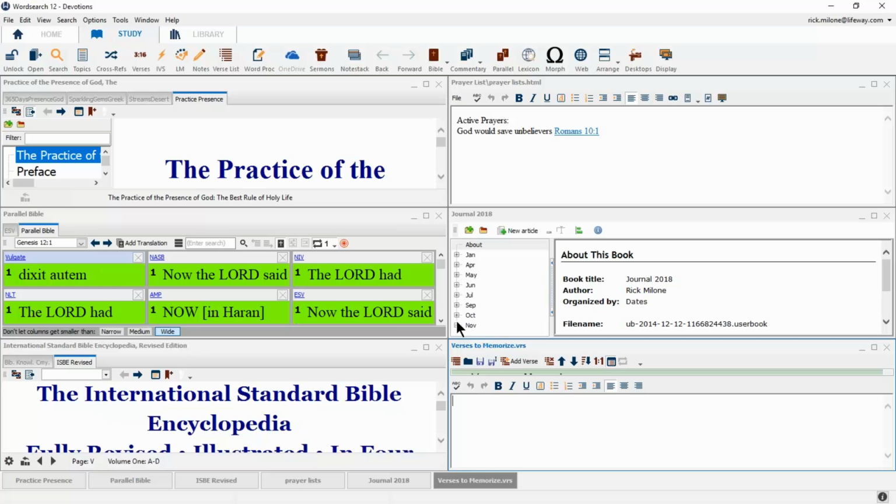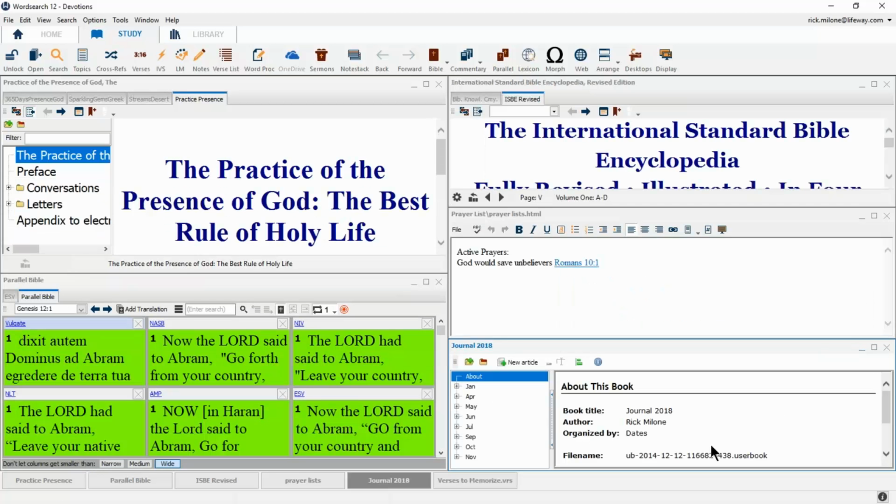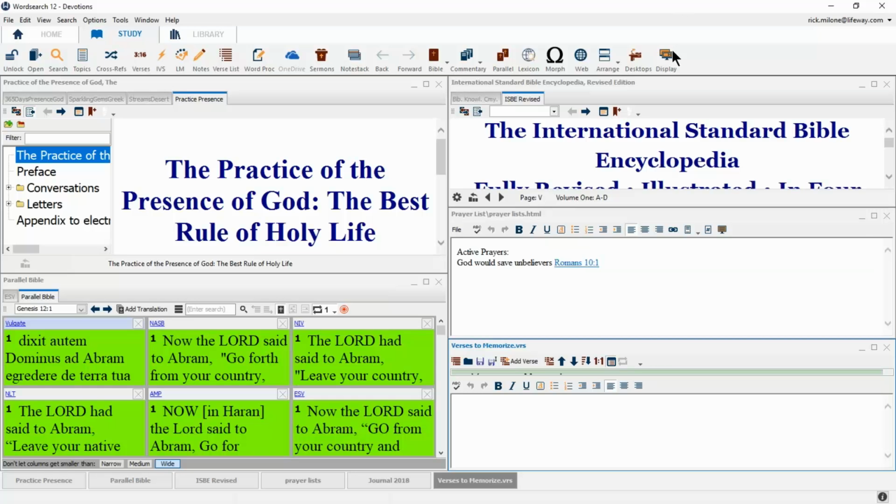So first off, we want to make sure we're using our window bar at the bottom by minimizing things down to it as we're not using them. If I'm not currently using my verses to memorize, I can minimize it down to the bottom and it will hide down there, giving me more room to read. Anything I'm not actively using, I want to minimize down to that bottom. But before I do that,